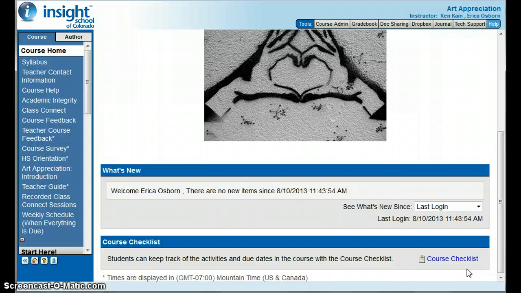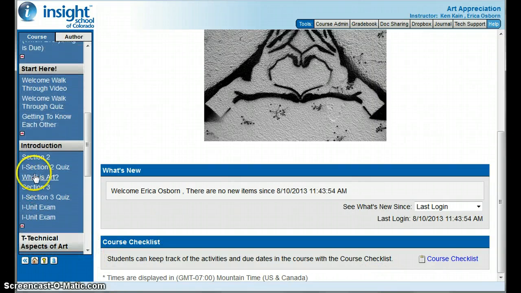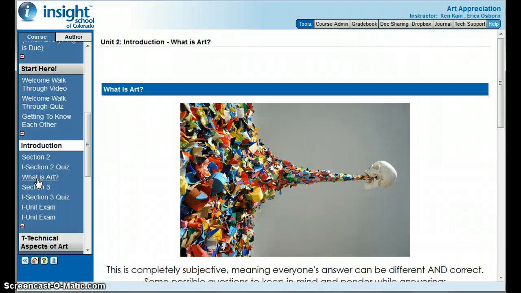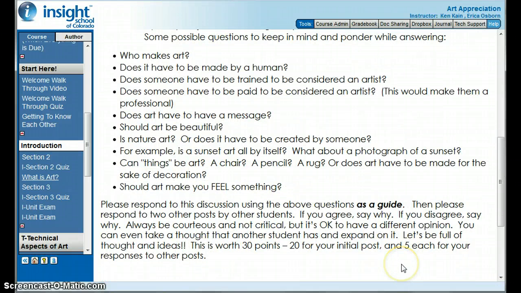Okay, just checking my notes again, make sure I have everything. Oh, I'm sorry, one more thing about discussions. So, for example, this what is art discussion. You always need to, in a discussion, respond to at least 2 other posts. Okay, so that's why it becomes a discussion.